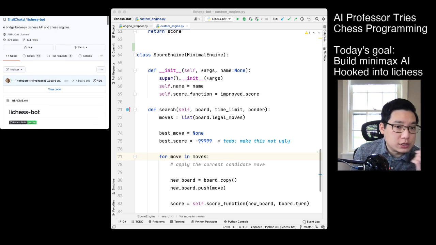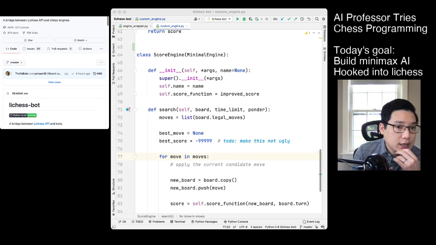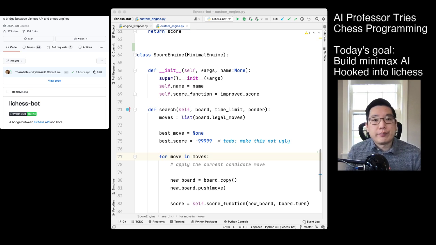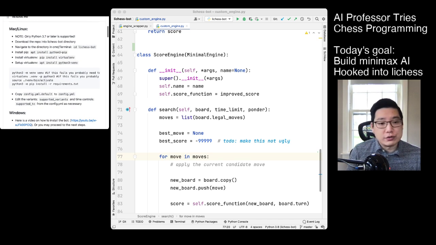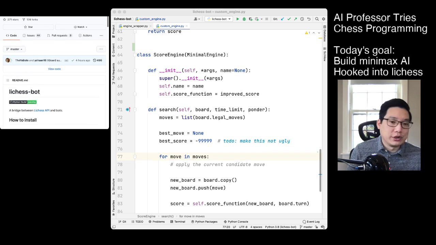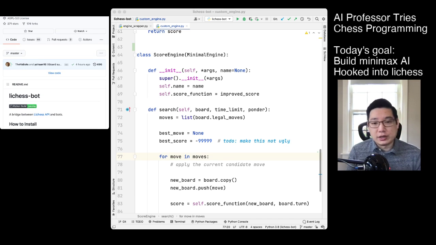And I did this through the Lichess API. Or actually, this is not the Lichess API. This is a special Python bridge to the Lichess API, and it was really easy. Now I didn't really take advantage of most of the things that you're able to do. If you look at this repository, the instructions by the developer just say,